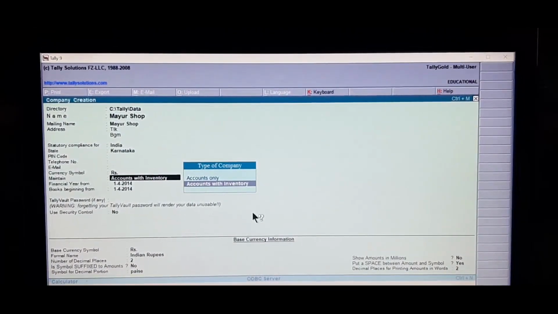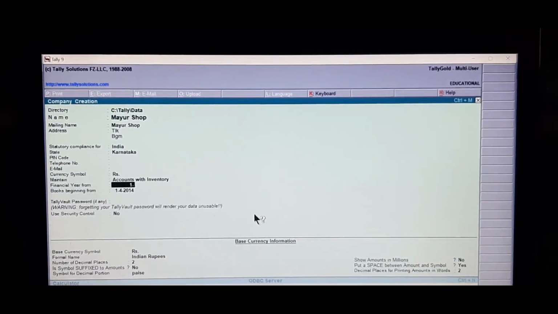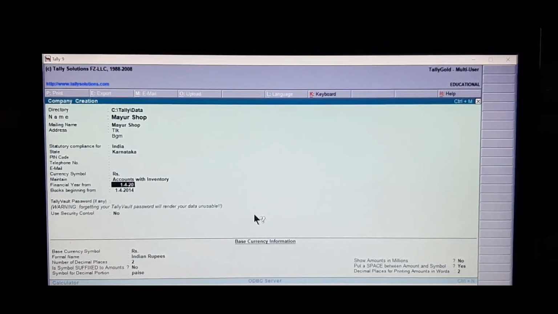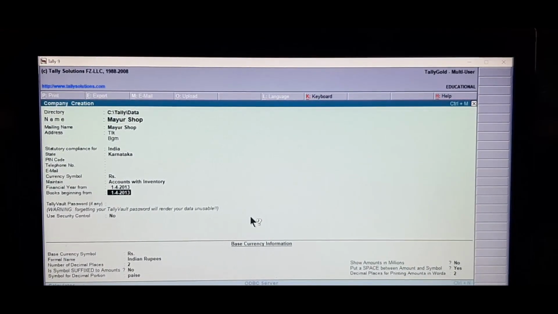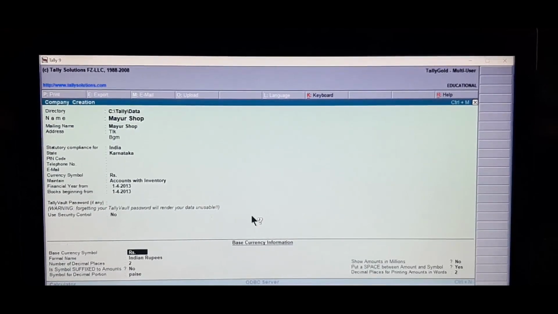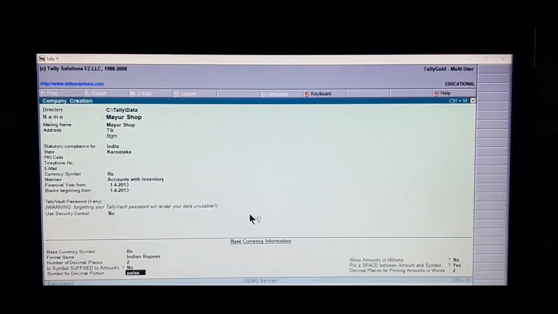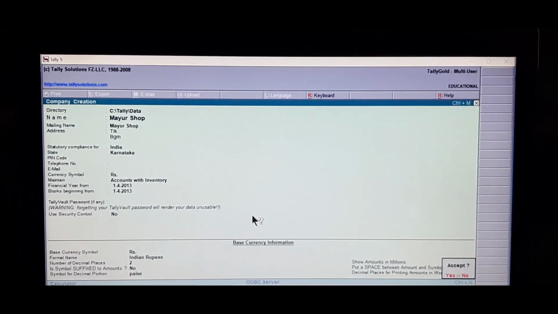Financial year for this case study will be 2013-14, 1/4/2013. Books beginning also we will take the same. Remaining parameters will remain as default except press Y from the keyboard.